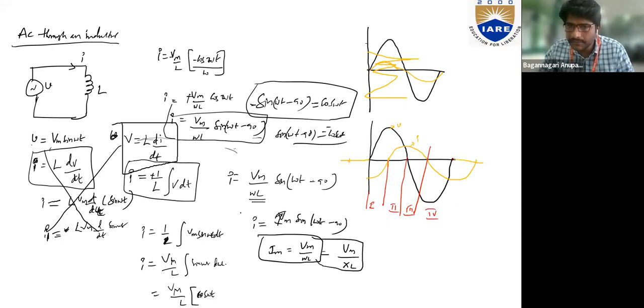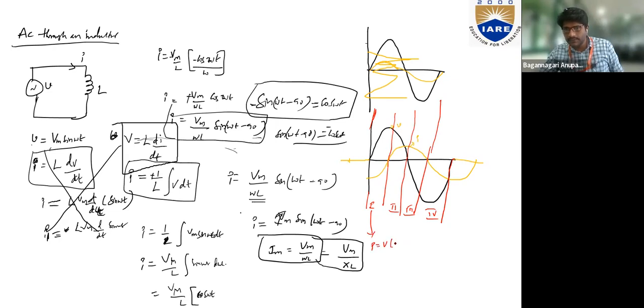Why do I divide them into sections here? In the previous case, we considered that all the voltages and currents start at the same point and end at the same point, but now the case is different. In section 1, the voltage is positive, but the current is negative. So what will be the value of power? In section 1, power is given as P is equal to V into minus I.